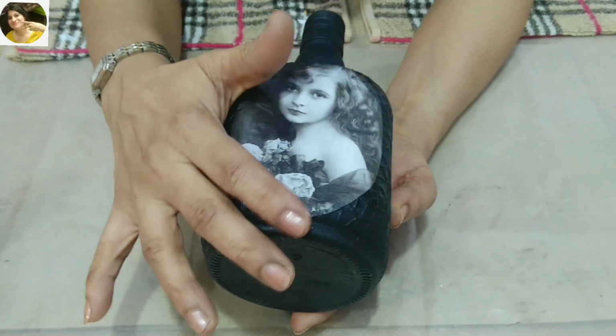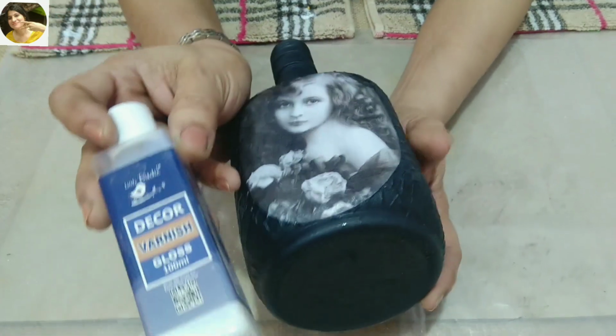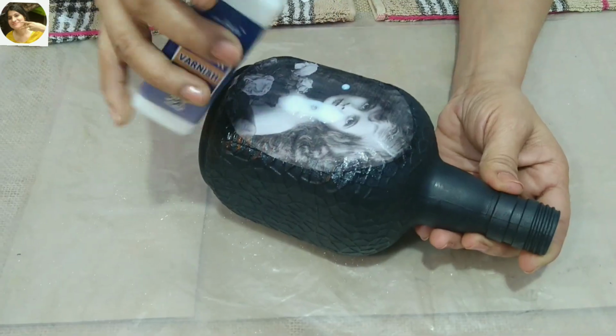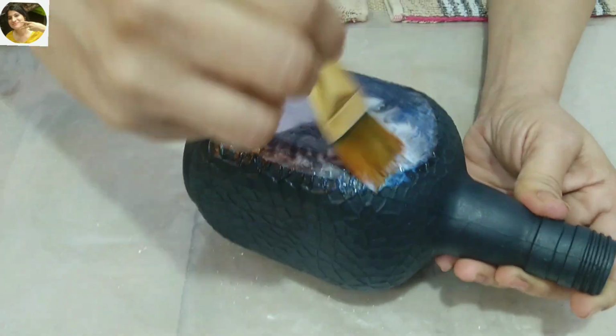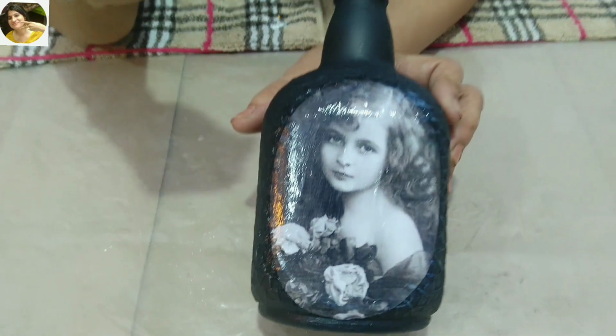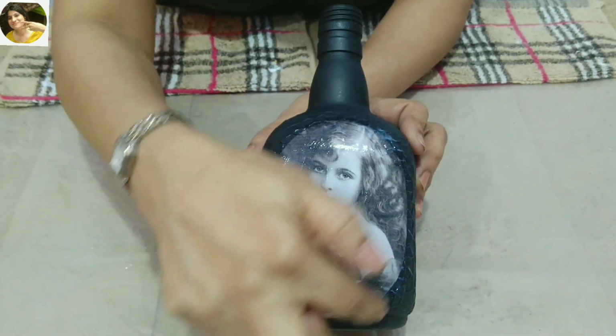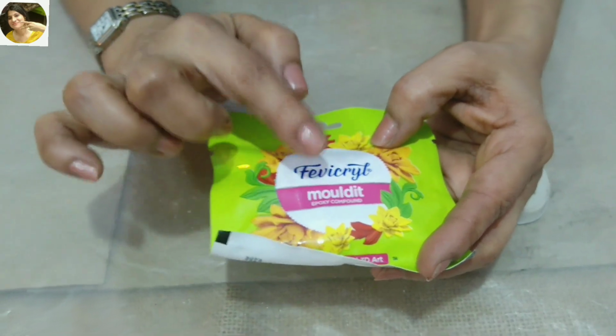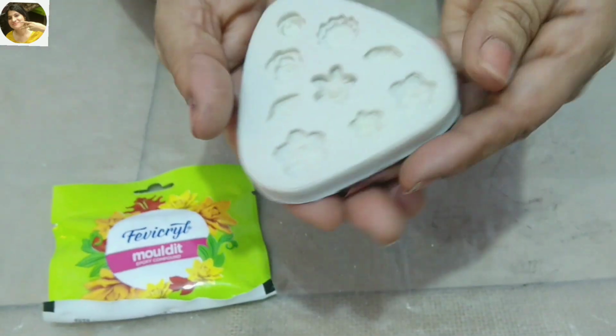Now the glue is absolutely dry and now I'm going to use this gloss varnish on this. Now I'll let this dry completely and in the meantime I'll make some flowers for the border here. To make the flowers and leaves I'm going to use this Mouldit Clay and I'm going to use this silicone